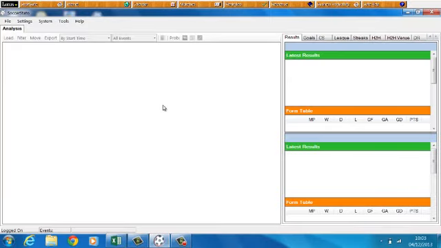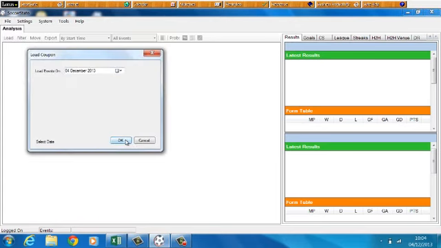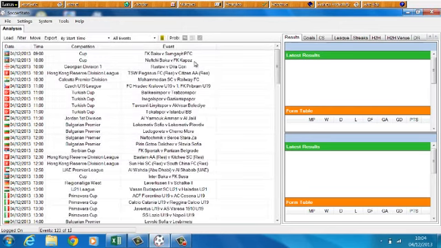So here we have the SoccerStato software, and this is your second tutorial video where we're going to look at filtering the matches that we use by using quick filters. So what I'm going to do, I'm going to load the coupon as I did yesterday. So I go File, Load Coupon, we get today's date, and I load that coupon up with today's games, and